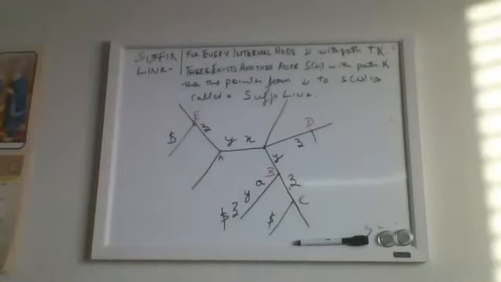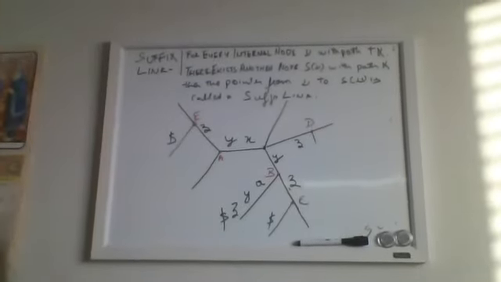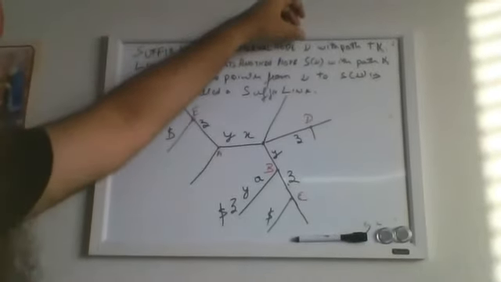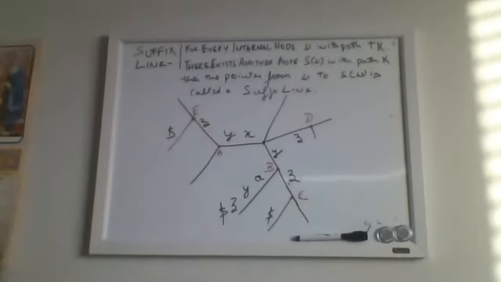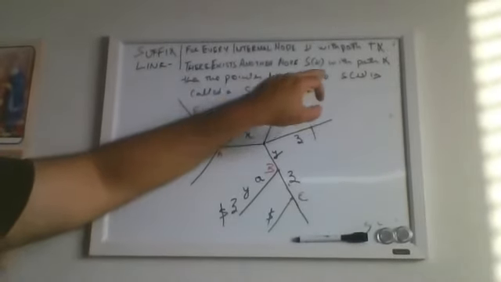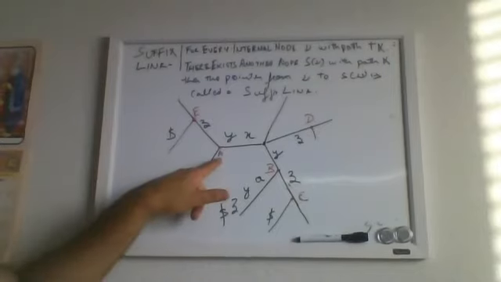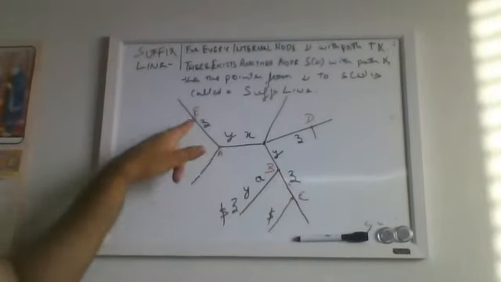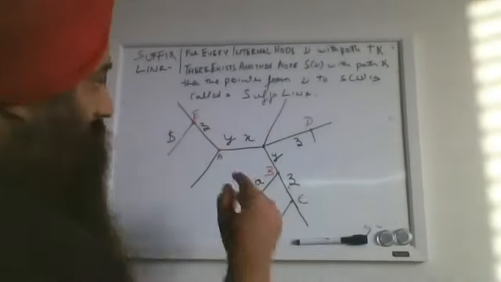Next we talk about what a suffix link is. By definition, suppose we have an internal node V with edge path from the root labeled as T alpha. Then there exists another node S of V represented by path alpha. A pointer from V to S of V is called a suffix link. Let's consider this node A. I'm marking the nodes with red color, so you know. And this center is your root node. This is your root.